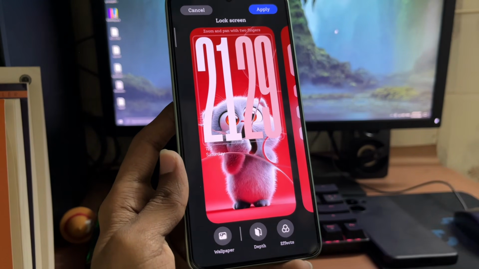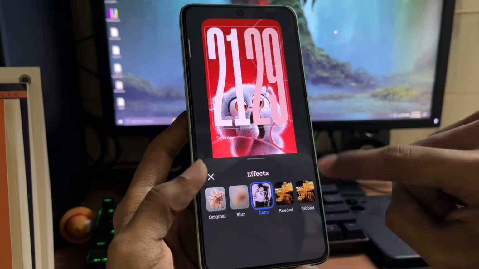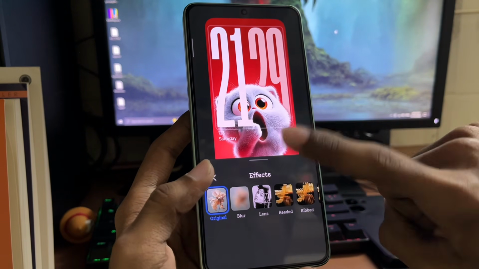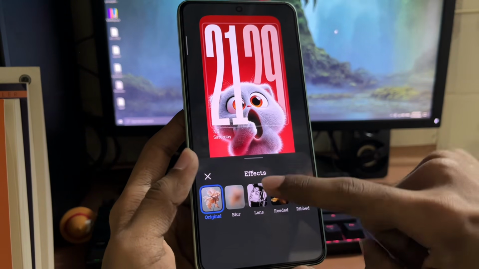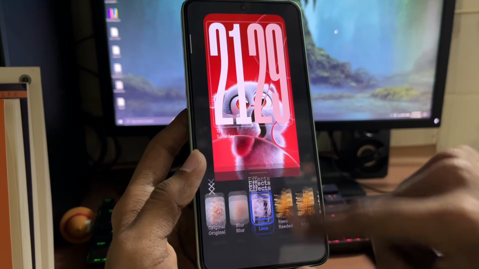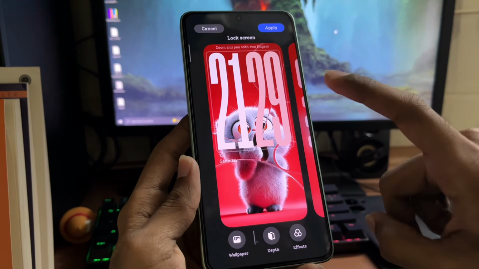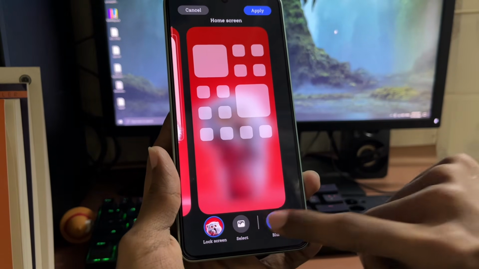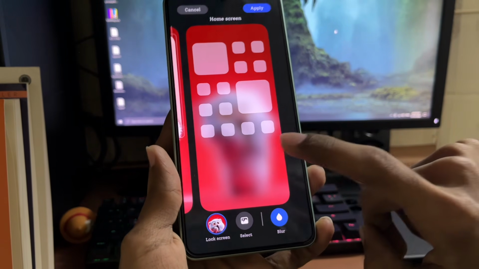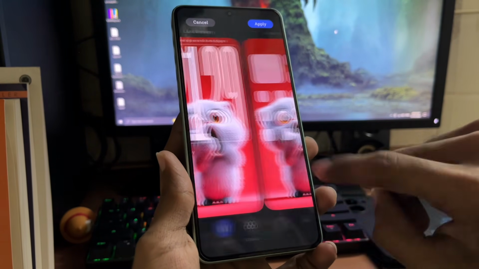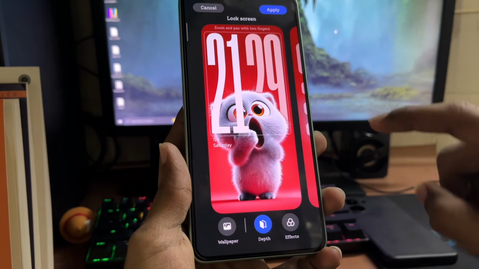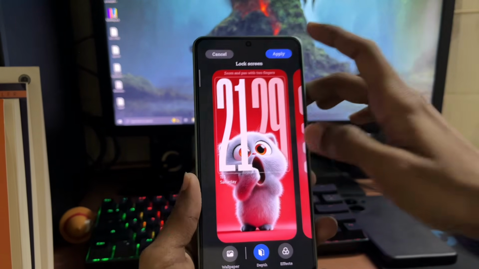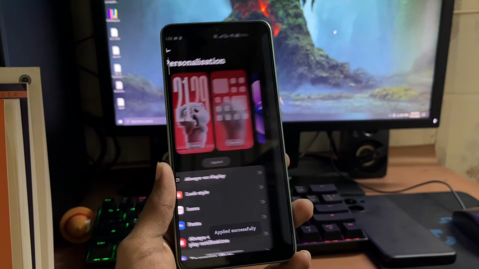So if you want the depth effect, you have to use the original, meaning no effect. If you want the lens effect, that is this blurry effect, you cannot use the depth effect. In this case, I am using the depth effect. For the home screen, you can choose whether you want a blurred home screen or not. I want a blurred home screen, so I'll take that. All you have to do is click apply.